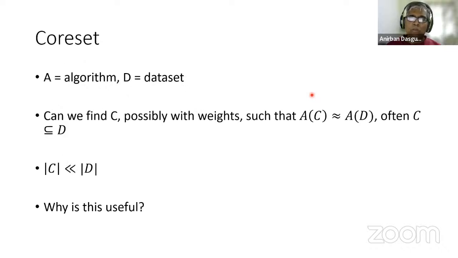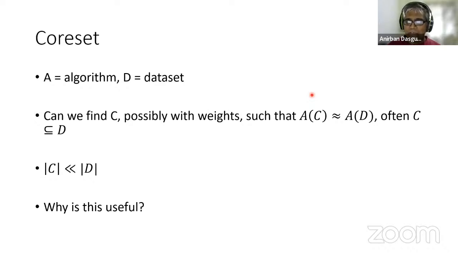Okay, let's see. What do I mean by coreset? Here's a very, very high-level definition of it. I've tried to limit the number of theorems and mathematical formulas as much as I can. Here is what we mean. Suppose A is an optimization algorithm, and D is your data set. Here is the question that we're broadly asking: can I find a set C, a set of data points,